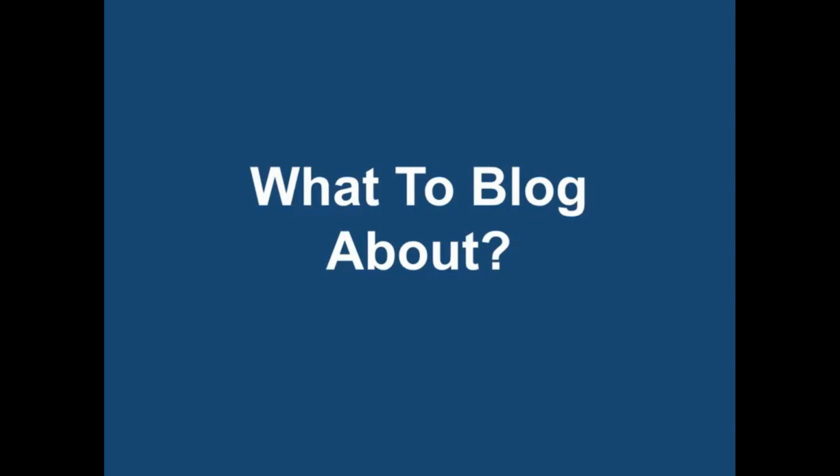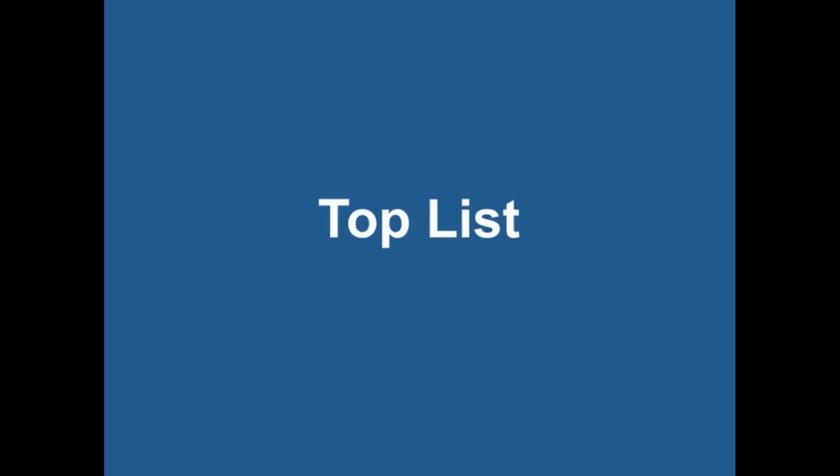What to blog about? Blogging might not come easy if you run out of content or things to say. This video will guide you on the types of content that can be posted on your blog. The first type of content is a top list. You can compile a list of 5, 7, 10 or more things that are related to your niche. So if you're in the music niche, you could write about the top 10 songs of November. If you're in the weight loss niche, you could write about the top 7 ways to lose weight, and so